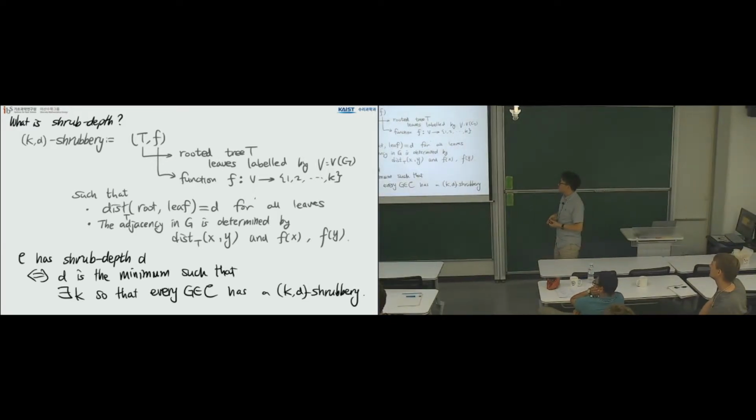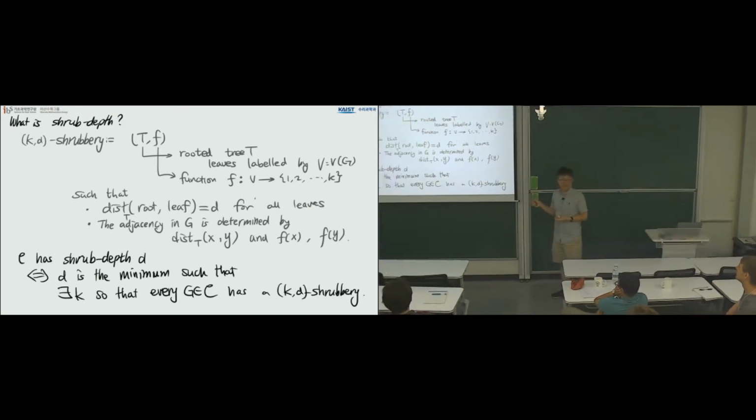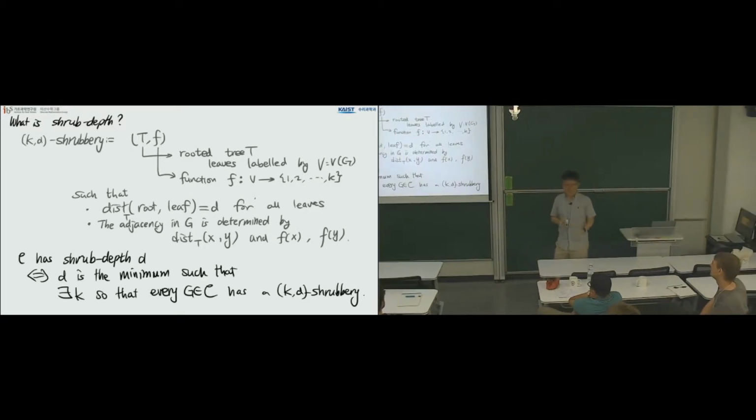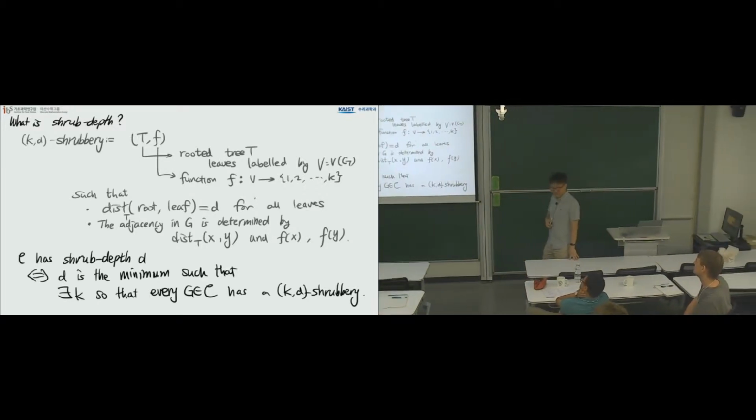So it's a bit weird parameter, because if you take a single graph, you don't have a shrub-depth. Because if I have a single graph, I have a radius 1 tree and give everybody different colors. And then adjacency is completely determined. So it's a bit weird, but